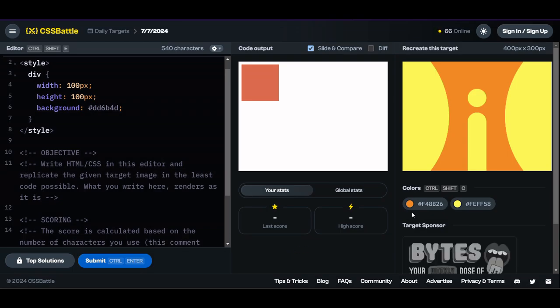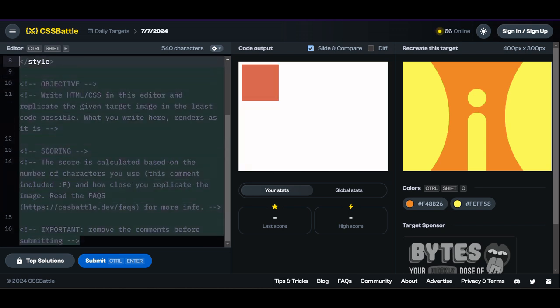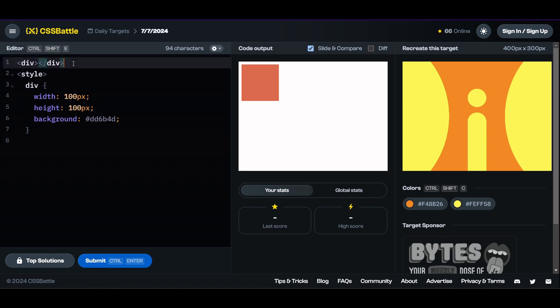Let's take a look at the design for today. We have these two large circles on each side, with a dot in the middle and a line underneath the dot. So let's just clean up this code a little bit. We can remove this just to make it a little bit cleaner. We're going to need 4 divs, one for each of the elements,